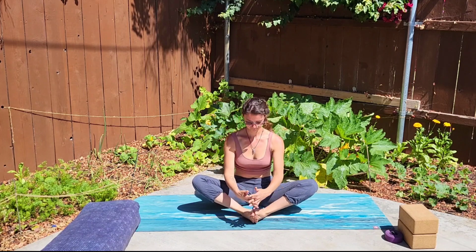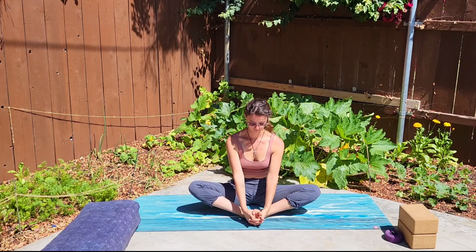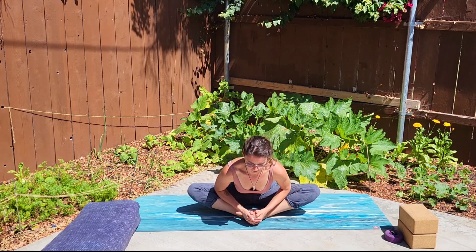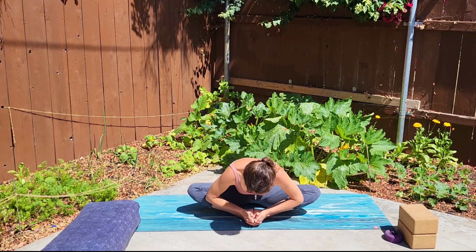Begin to lift yourself back up to a seat, and then bring the soles of your feet together, knees go wide into a butterfly position. You can place blocks underneath your knees if that feels better. Interlace your fingers together, place them around your toes, lifting up slightly, broaden your collarbone, and either stay right here